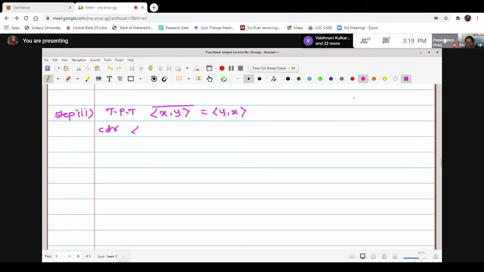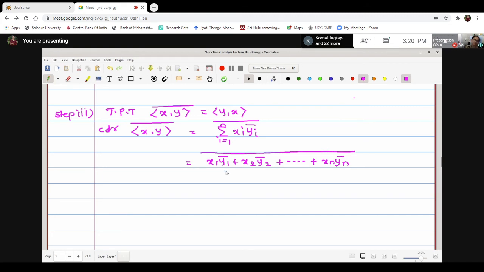I start with inner product x with y, its conjugate. The definition tells us, I'll write in a conjugate itself, the summation i equals 1 to n of xi yi bar. We will just try to elaborate the term. This is x1 y1 bar, x2 y2 bar till xn yn bar, and everything is in the conjugate.